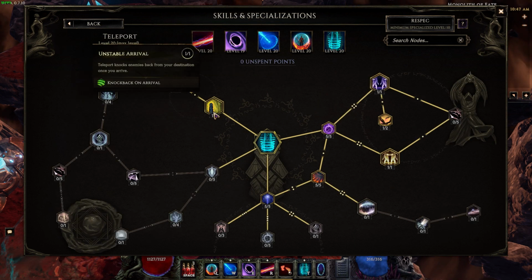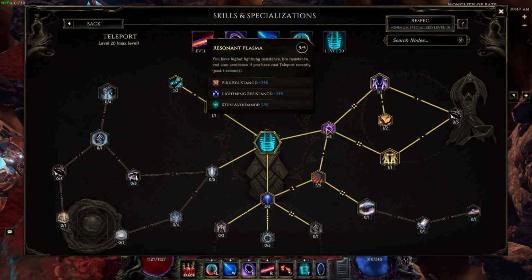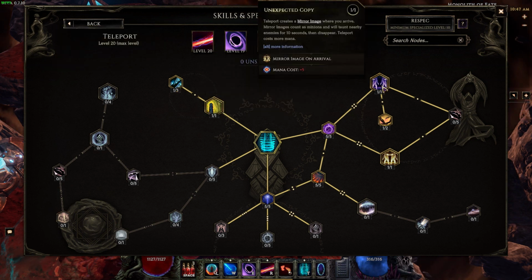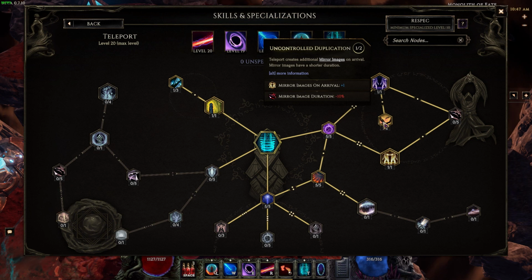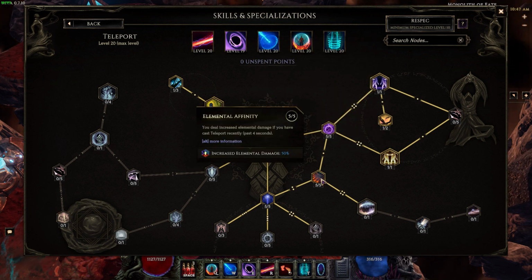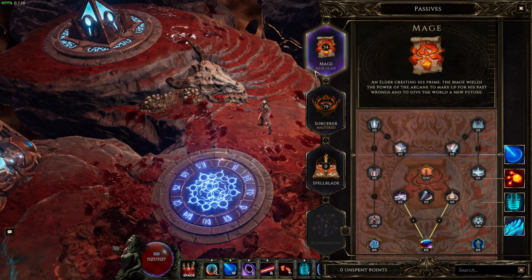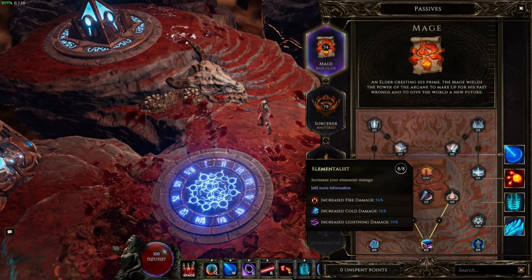And for Teleport, 1 point in Unstable Arrival, 1 point in Intense Arrival, 5 points in Resonant Plasma, 1 point in Unexpected Copy, 1 point in Uncontrolled Duplication, 1 point in Decoy Position, 5 points in Elemental Affinity, and 5 points in Ether Barrier. For passives, we have 34 points in the Mage base class with 8 points in Elementalist,